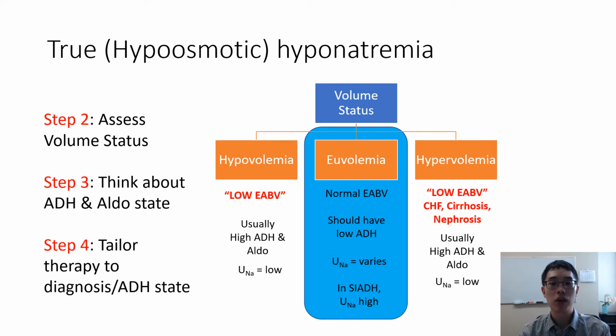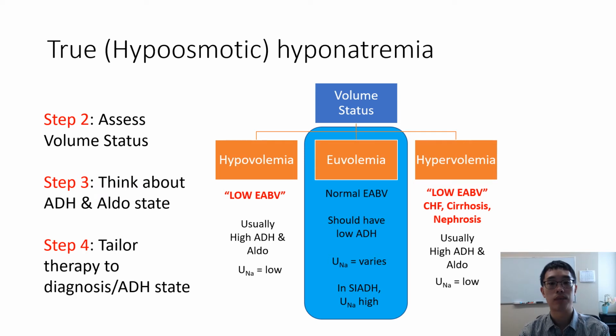Well, unlike our low EABV states, where our ADH state is high but urine sodium is low, our urine sodium in SIADH is actually high. The reason for the high urine sodium is the interplay between the two major hormones, aldosterone and ADH. In this case, where ADH is being driven higher by an exogenous factor, and we are trying to reabsorb as much free water as possible, our aldosterone state is actually still low, meaning that there is no drive to reabsorb sodium. Our urine becomes concentrated with urine osmolality typically above 300, and our urine sodium levels are usually